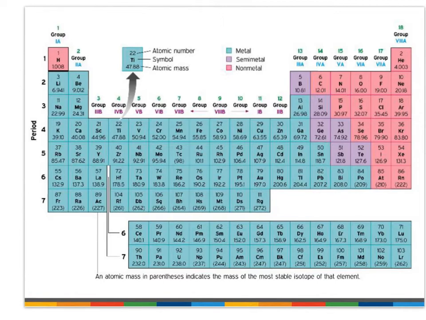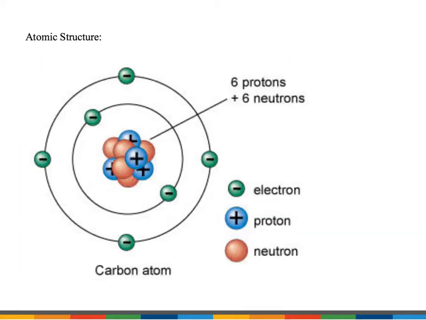Each element on the periodic table has its own specific atomic structure, and that's what we're going to be talking about next. Each element in the periodic table has its own specific atomic structure. The atom is the basic unit of a chemical element. It is made up of